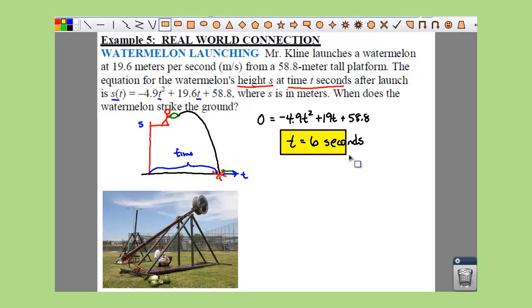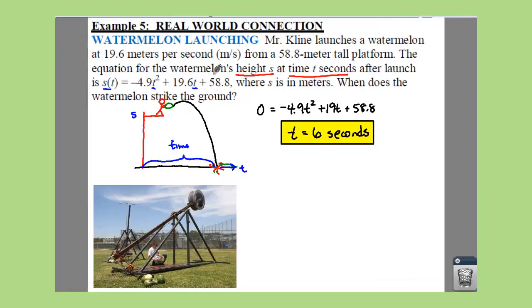So that is a great place where your graphing calculator can help you out, make your life a little bit easier just by plugging it in, finding your zeros, and you find out that I am so strong I can launch a watermelon from a high platform, and it takes a full 6 seconds. Count it. 3, 4, 5, 6. Time's up. That's how long it takes for that watermelon to drop. Long time. So I hope this helped you out, and I hope you figure out how to use your graphing calculator to help make your